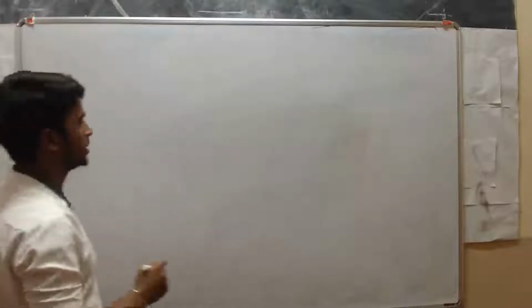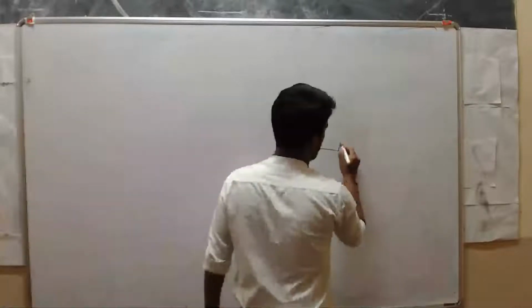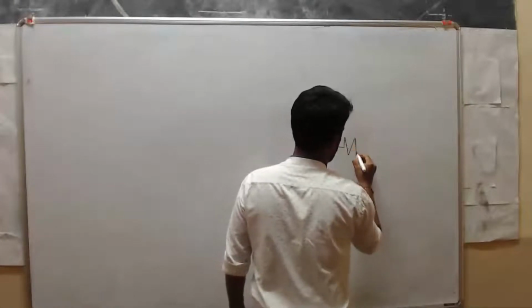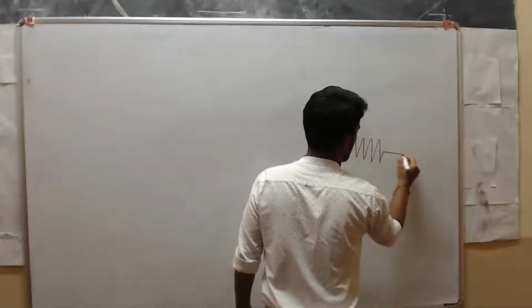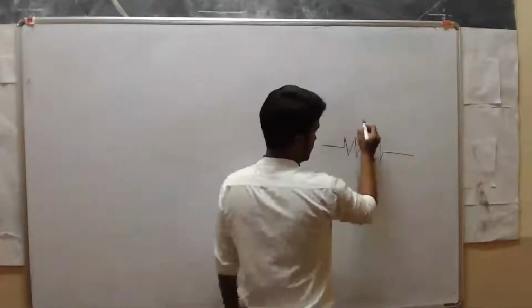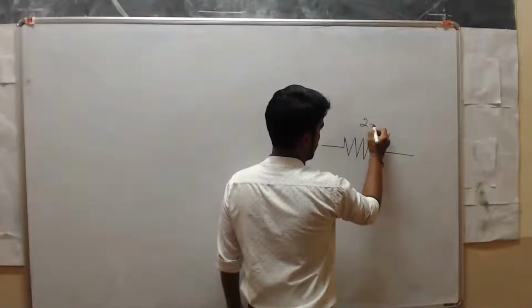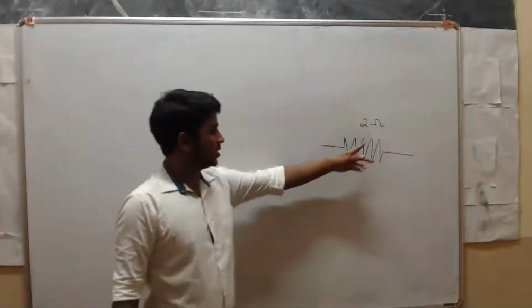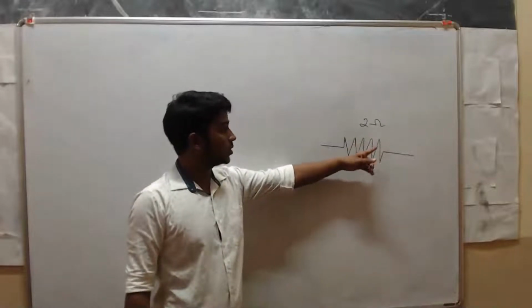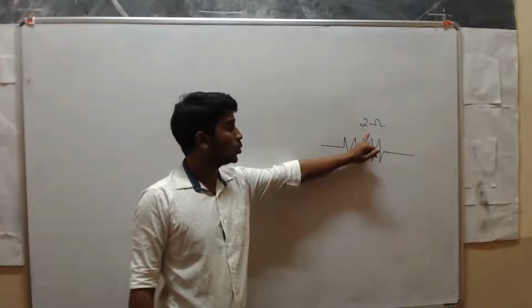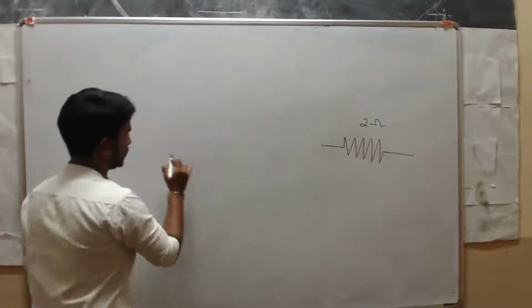Next, variable resistor or rheostat. This is the symbol of resistor. For example, say its value is 2 ohm. We measure resistance value in ohm. Here you will get 2 ohm only from this resistor, exactly 2 ohm. But if you draw like this,